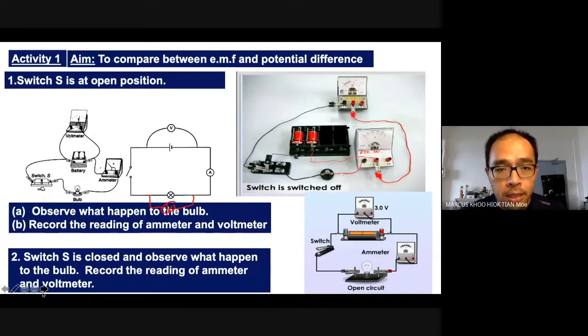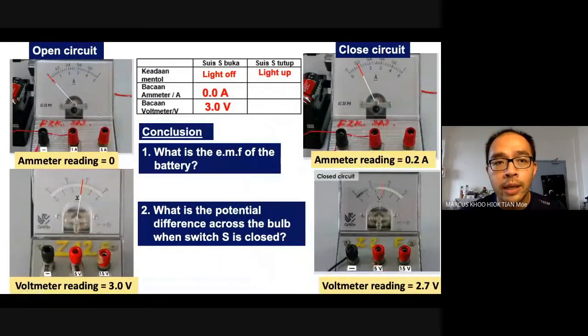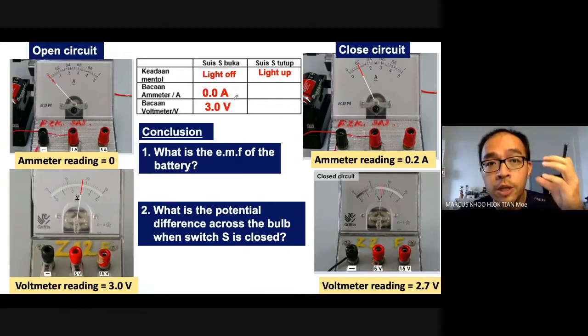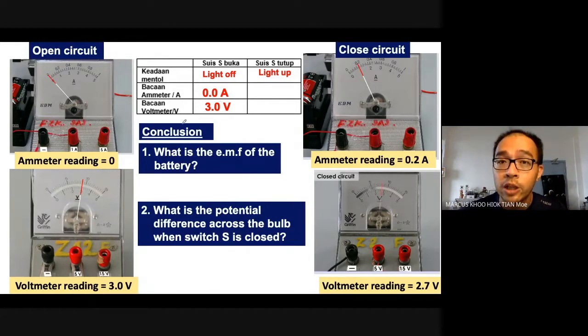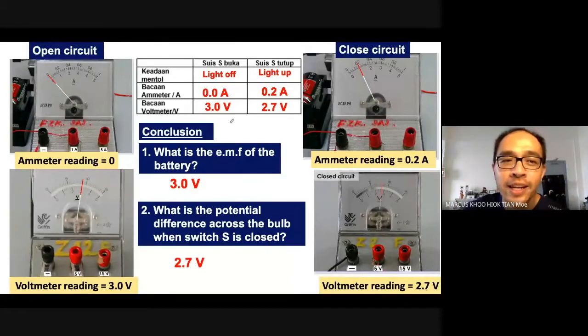Okay, so based on this, we find that when the switch S is open, the light will be off. This is normal. The ammeter reading will be 0 because there is no current. Obviously, there's no current. And then the voltmeter will be 3 volts, and this one is what we call the electromotive force. The total amount of energy that is inside the battery when there is no current flow. Sorry, so we find here that when the switch is off, or the switch is open,